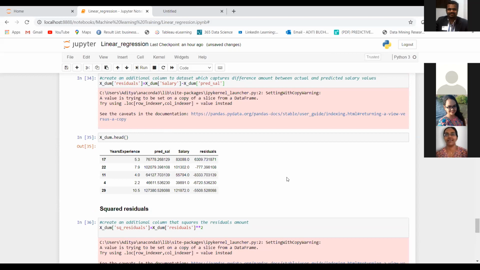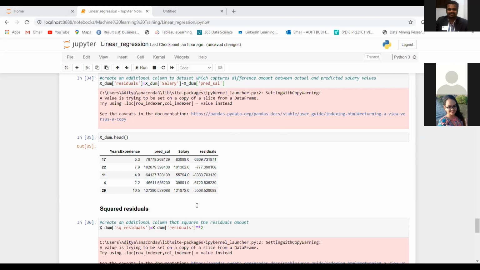Residual is nothing but the difference between my predicted salary and my actual salary. So why are we taking square in the next step? Any guesses? Would somebody like to try answering that? No answers.